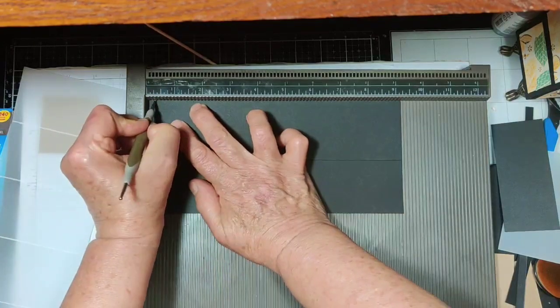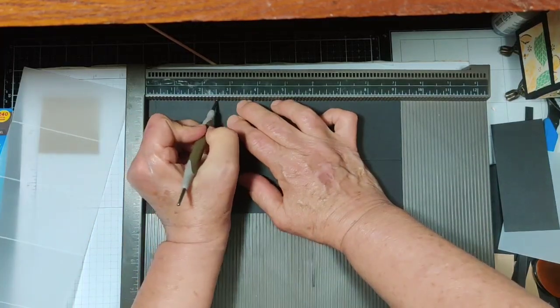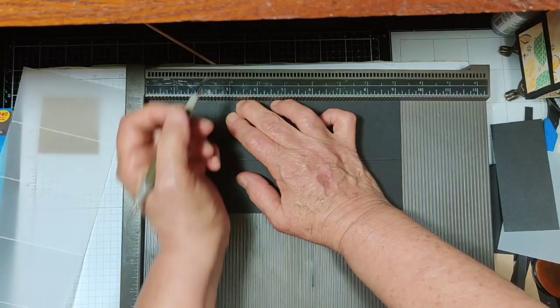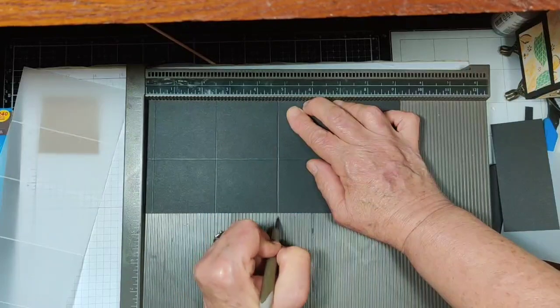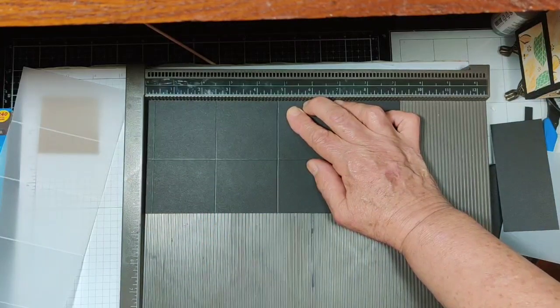score it at 1/4, at 2 1/2, at 4 3/4, at 7,